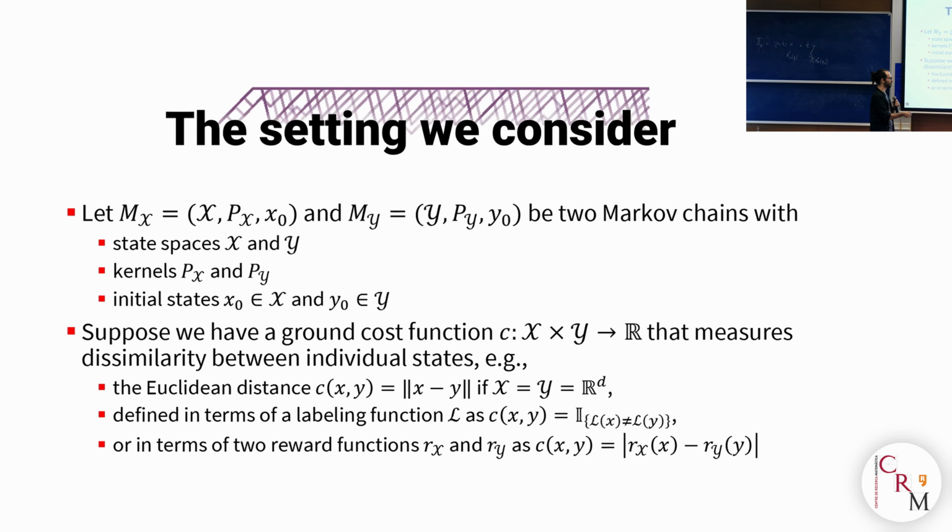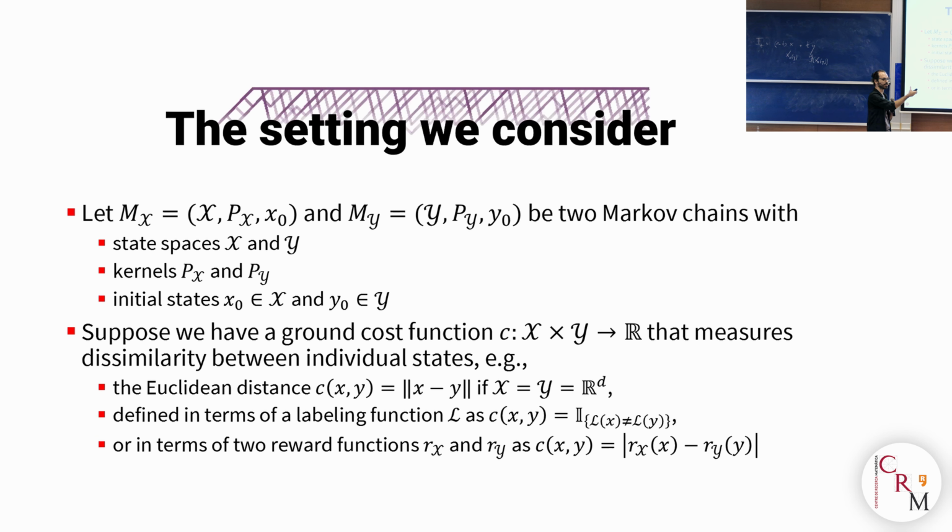This is, for example, useful if I'm considering the example of computer programs, right, where I consider the internal state of the computer programs is whatever is there in the memory, registers, and so on. And the labeling function is going to be like what the computer program writes on the screen for a given state, right? And of course, when I'm comparing computer programs, I don't want to compare them in terms of what they are doing on the state space, right? I want to compare them in terms of what they do on the screen, right? What their output is. So this is a meaningful choice in that scenario. Or in reinforcement learning, when there's also a reward function that is defined on the state space, then I can just simply compare the rewards. And that is going to give me a meaningful cost as well.